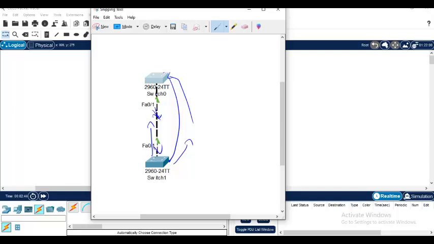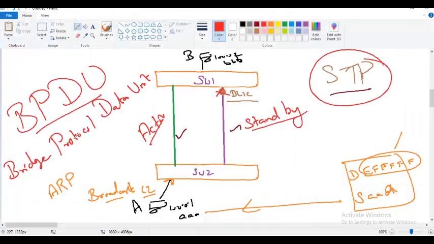That is what spanning tree says. Oh, like that. I understand. There is a chance of loop. So by sending the BPDU only, spanning tree protocol will sense and identify the loop even before our packet goes. This block happens to prevent the loop. This link is made standby to prevent the loop by STP. It is all because of the BPDU that is going